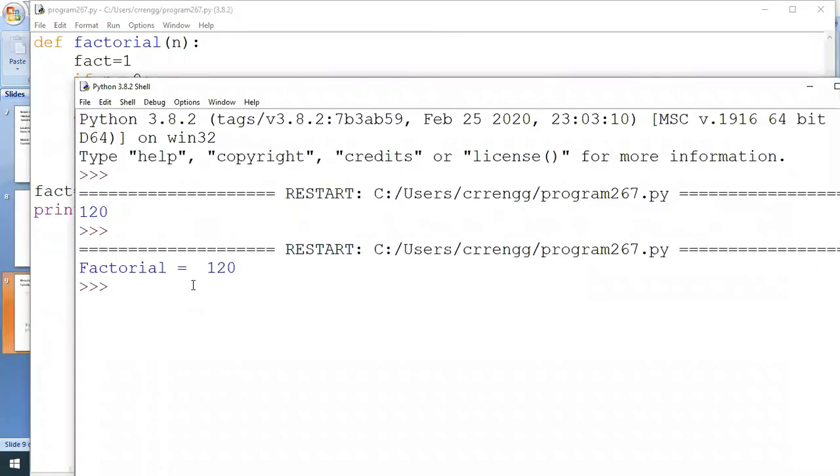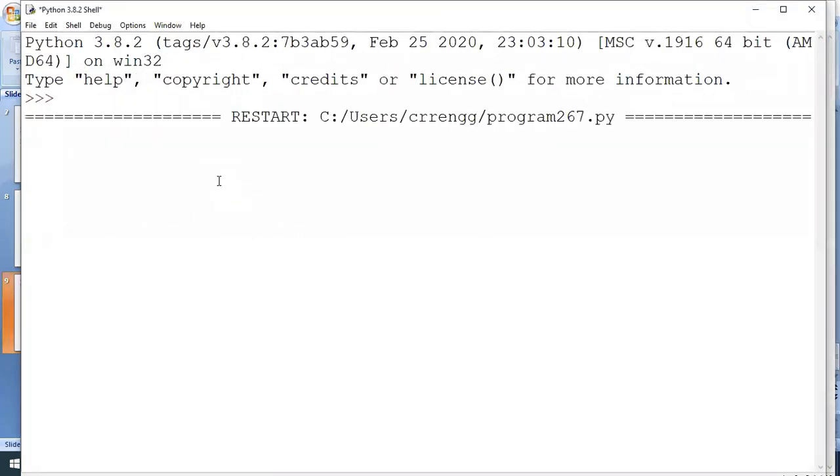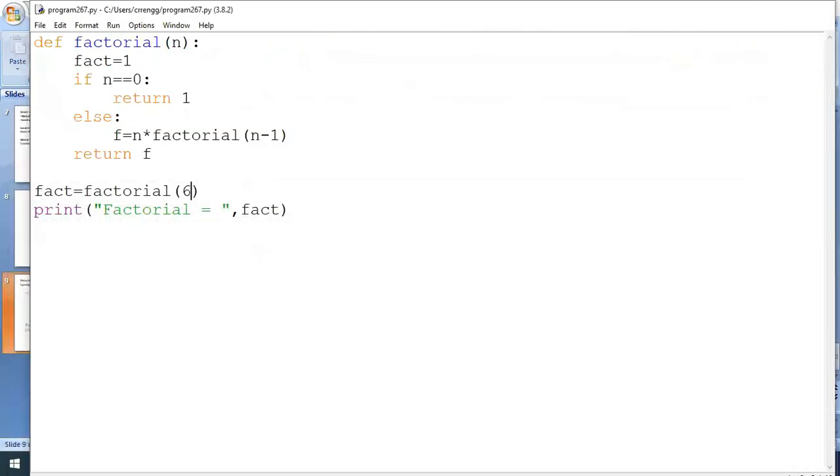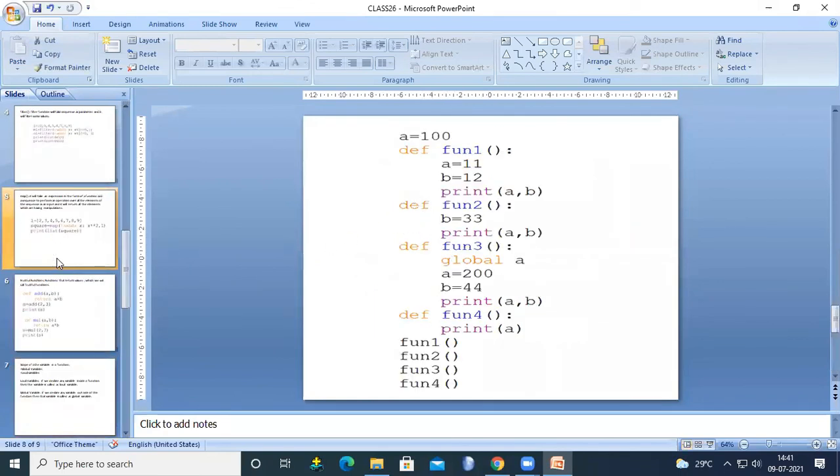You observe that factorial equals 120. If I give 6 here, the factorial of 6 is 720. I hope you all understand how we solve this factorial problem with a recursive function.